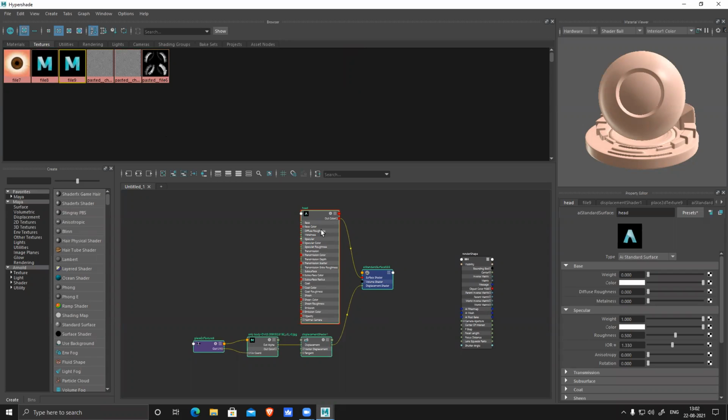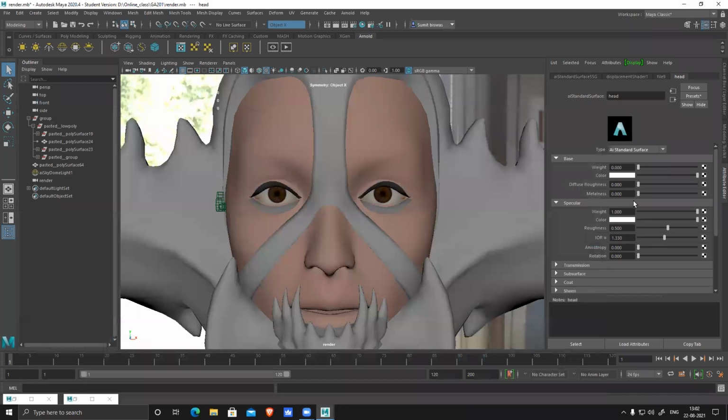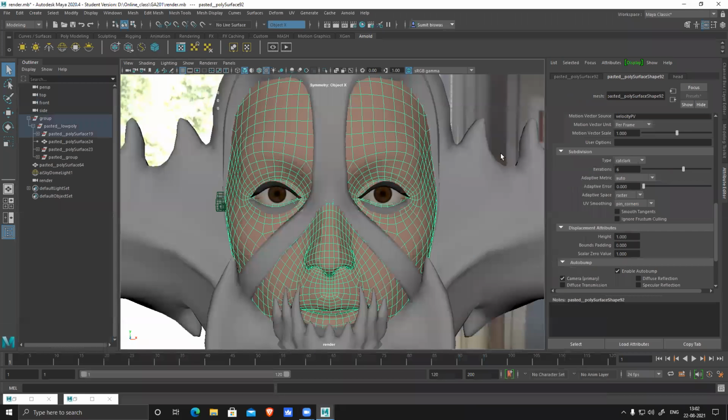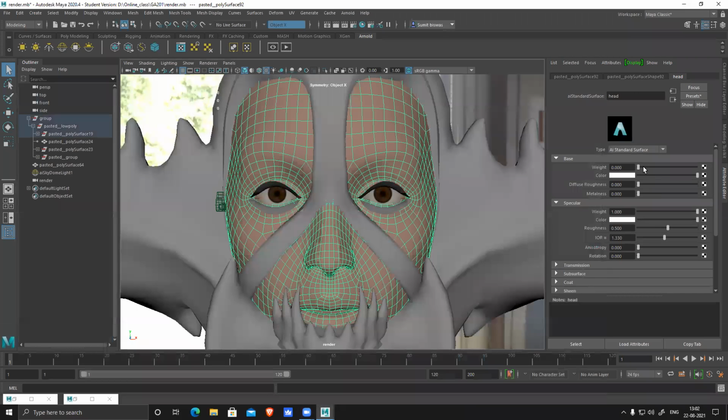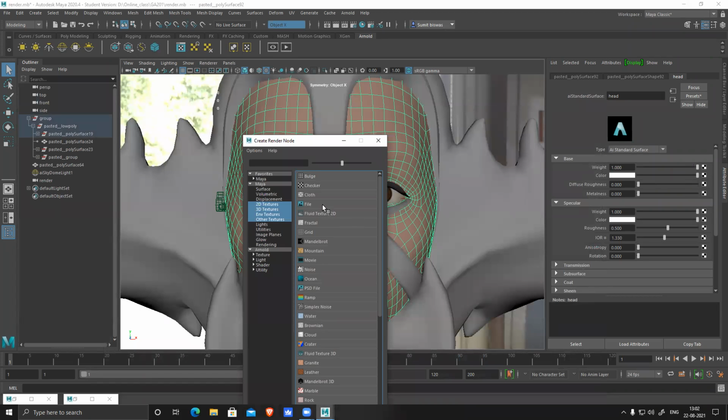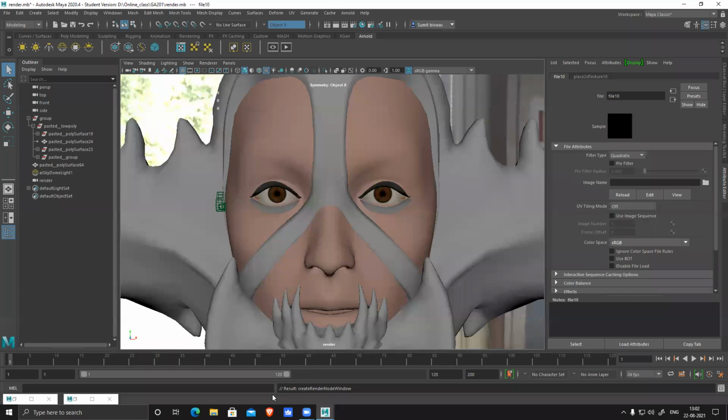So what I have to do, select this, skin, head, weight is 0, make it 1, and for color, select the color map that you have exported from Substance.